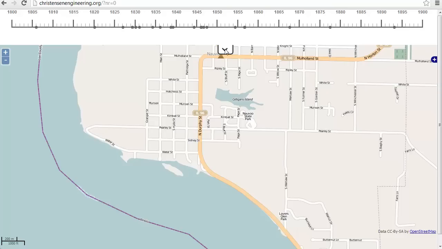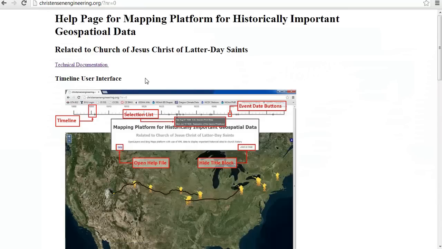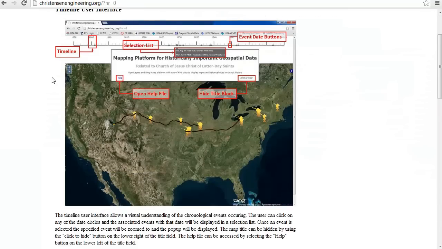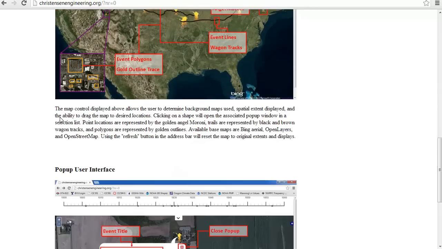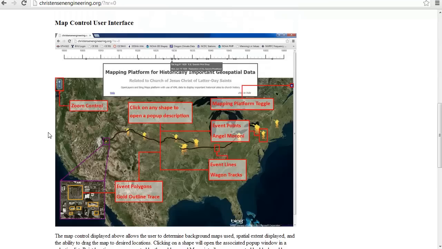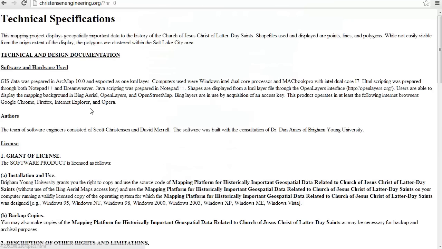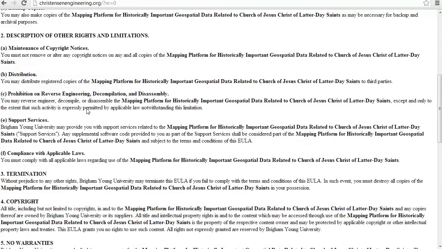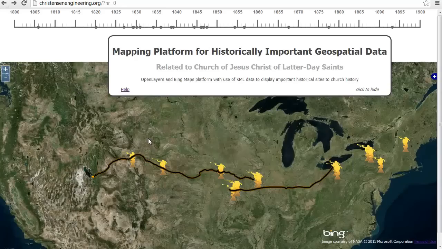And I'm going to show the help file. We link to the help file in our header here. We have some screenshots that explain the different parts of our website and how to use it, how to view the pop-up bubbles and the extent there. At the top of our help file, we link to our technical documentation where we list the licensing, technical specifications, and we explain the design of our code at the bottom. So this is our website. We were excited to create it, and